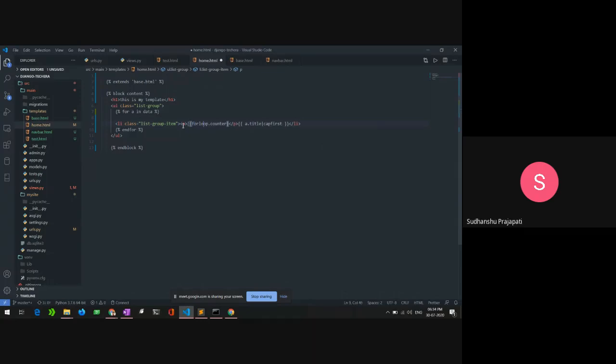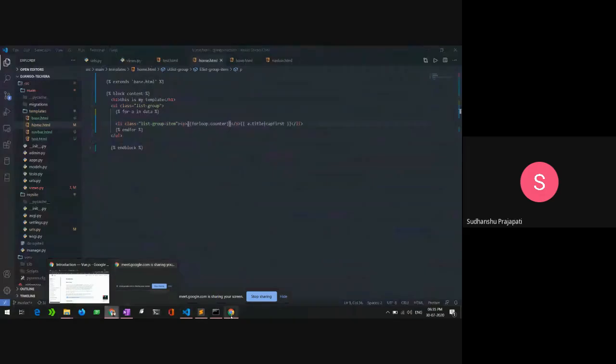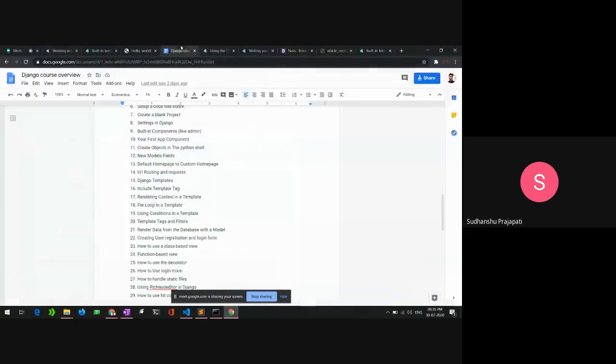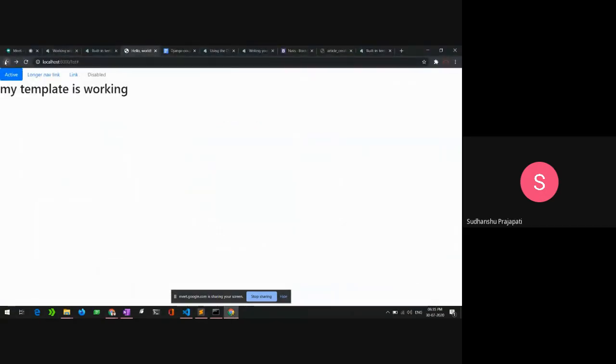If it is a variable, you have to enclose it in double curly braces. And let me go back to my home.html on localhost and reload it.